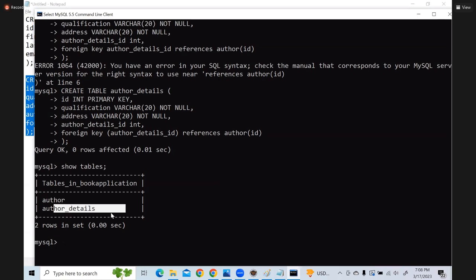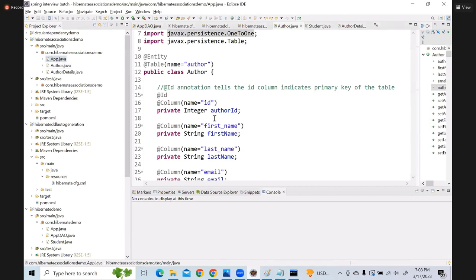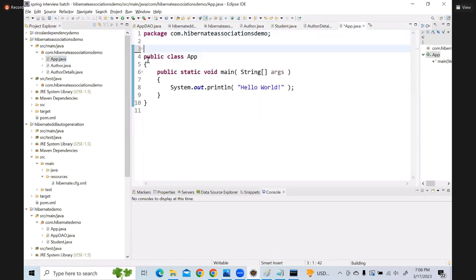I'll just create now one method. How will I do it? Session factory. First we'll create a session factory, right? Factory